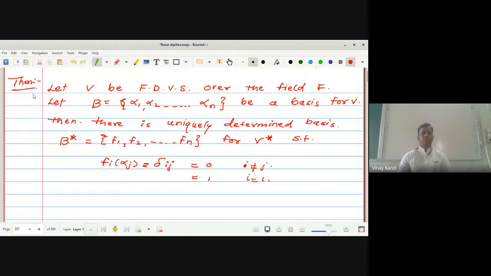Okay, look at the statement once again. Let V be the finite dimensional vector space over the field F and beta is the basis for V. Then there is a uniquely determined basis, that is, there exists a basis beta star of V star. Okay, what is V star? Dual space of V, collection of all the linear functionals on V. तर तो काय होतोय, dual space आहे itself a vector space and this beta star is equal to f1, f2 up to so on fn is the basis for V star. That means we have to prove that this beta star is linearly independent and span of beta star is equal to V star. That means every element belonging to V star we can write in the form of linear combination of f1, f2 up to so on fn,